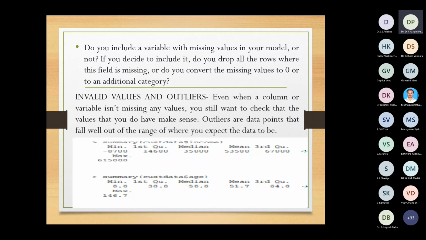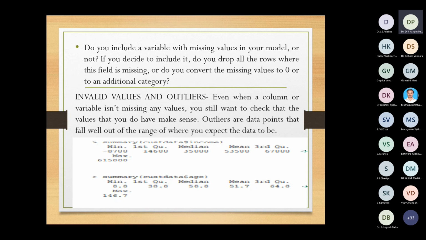Right. So you have to decide whether to drop all the rows where the field is missing, or convert the missing value to 0 or any other additional category. That you only have to decide. And next, you can also identify these issues while exploring the data using statistics, using the summary. Sometimes some of the values may not appear. If it is not appearing, either you drop it or you fill that particular field with zeros,